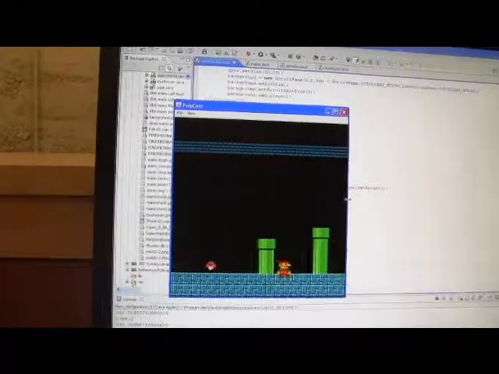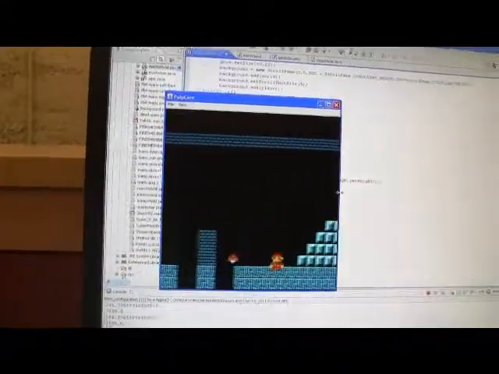This game has this scrolling screen here, which is a big part. You can see it going back and forth, following Mario, and then